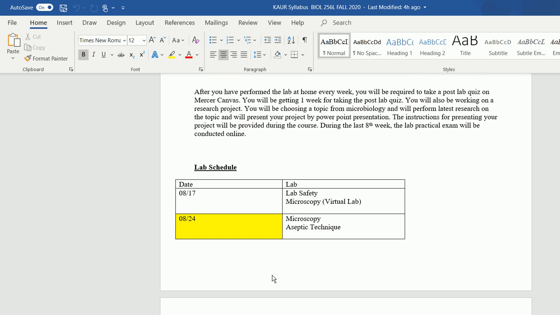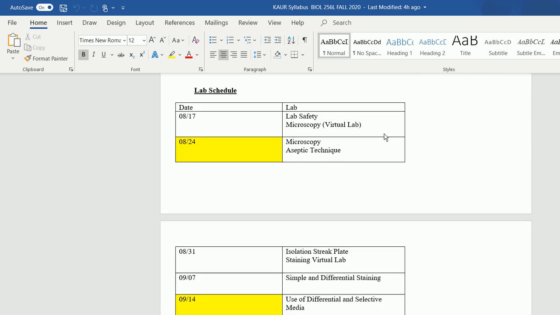And this week you have a microscopy virtual lab. You have to just perform this lab at home. So this you will be performing virtually. And basically, this lab will just give you an idea how to use the microscope. It will tell you about the parts of the microscope, how to use it to focus, because next week we will be doing 2 experiments. And these experiments are there in the Carolina kit.